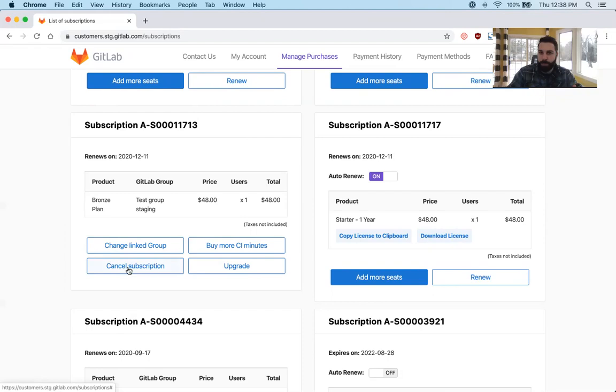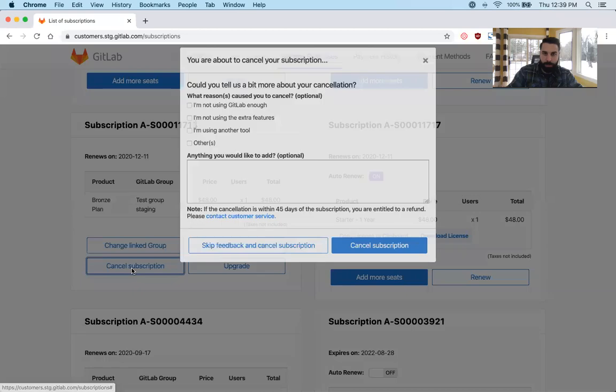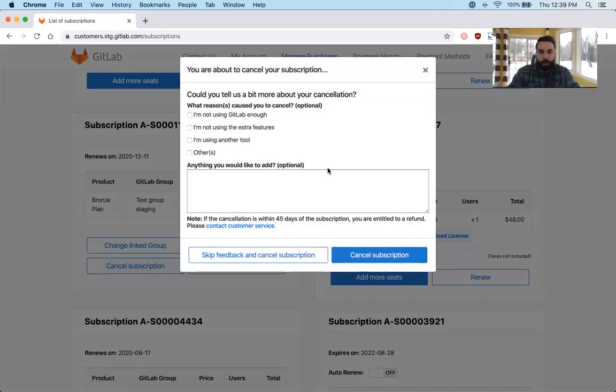So if a user sees this, instead of just toggling auto renew to off, they actually have to click cancel subscription. Let me present them with this modal where we can get a little bit of additional information about why they chose to cancel. So some high level checkboxes as well as the ability to add a free-form comment. This is optional. We didn't want to prevent folks from canceling, but this additional information and feedback will help us in the future to try to figure out where else we can focus and generate some additional hypotheses to test. So if I go through and process this cancel subscription,